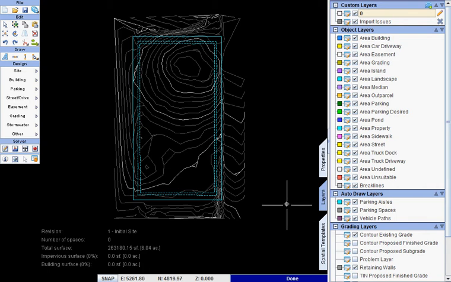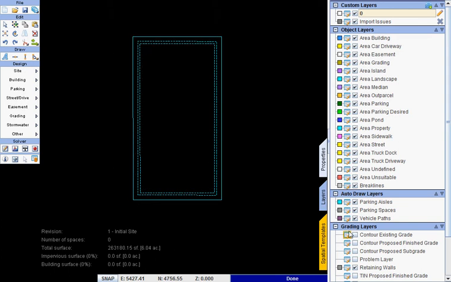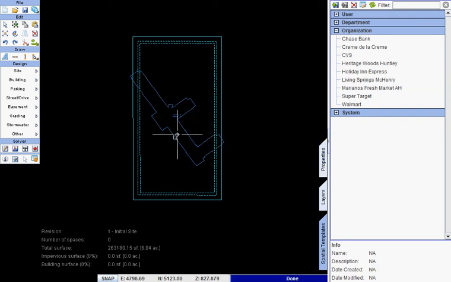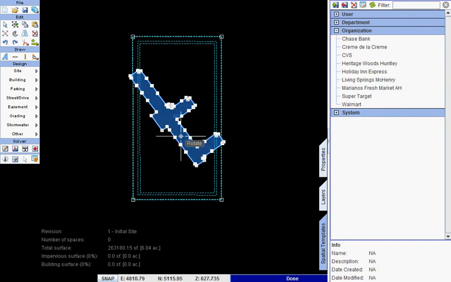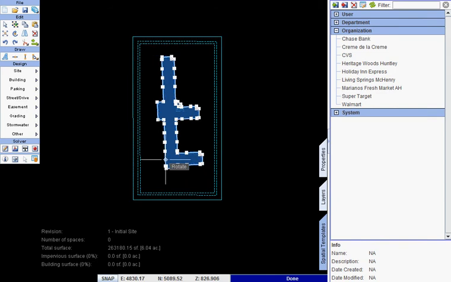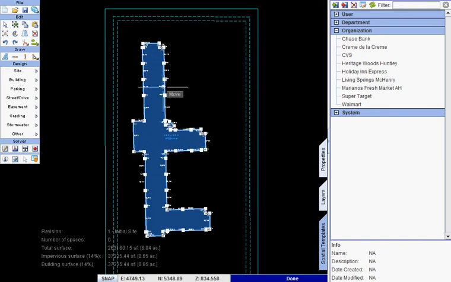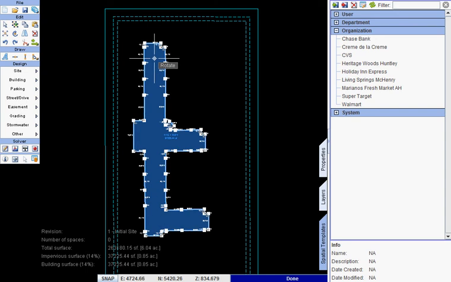So to start off with, I've got a 6-acre site on the screen here, a boundary, and topo. I'm going to turn off the topo, the contours there for the sake of clarity, and I'm going to load in the building footprint for an assisted living project that we worked on in the office here recently. And I'm going to situate this building on the property. And you can see it looks like a typical CAD software program, but it has a lot more functionality, as